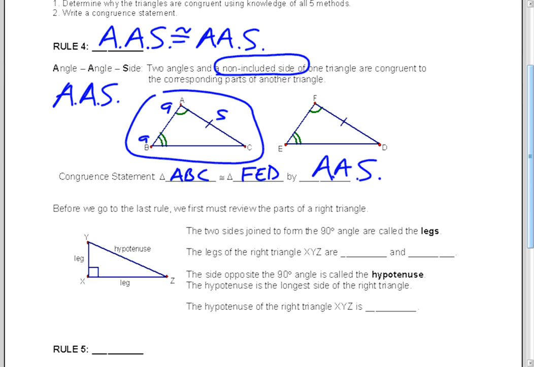You could start these three in any order that you want. Just make sure that they correspond in the second. So C always has to be